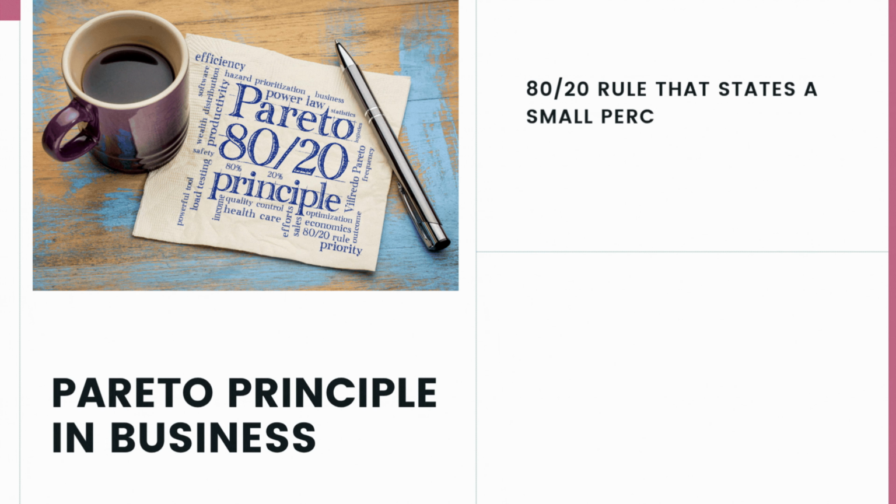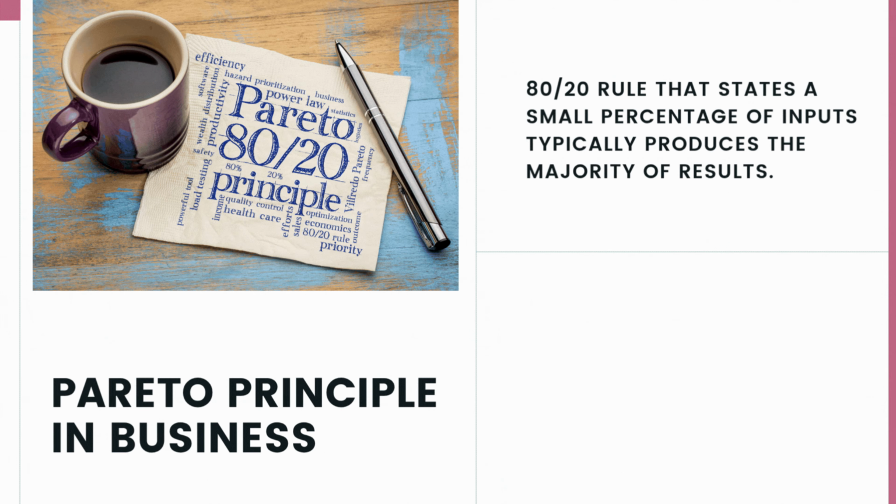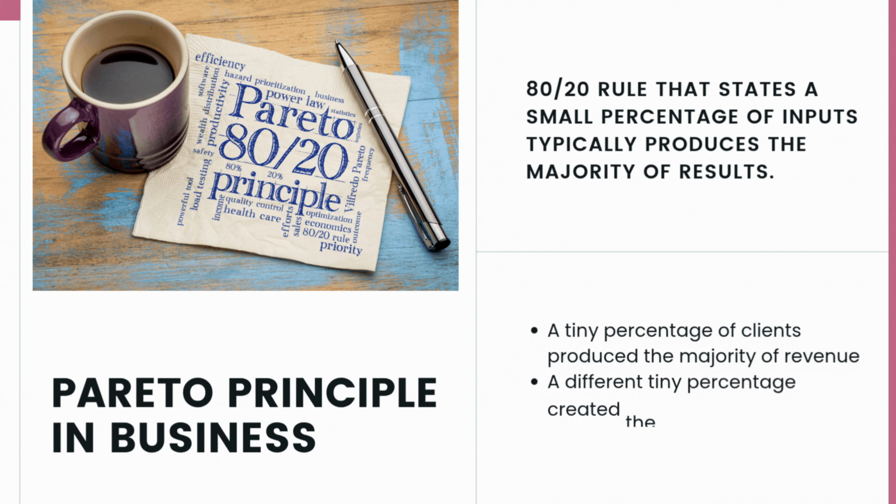So if you're not familiar with the 80-20 rule or Pareto's Principle, in a nutshell, this is simply a rule that states a small percentage of inputs typically produce the majority of results. So statistically, what this means is that 20% of the inputs or the efforts that you're putting into your business are going to generate 80% of the results. So if you look at this from a client perspective or a revenue perspective and you apply this principle, basically what it's saying is that if you apply this to the clientele that you have in your business and your revenue, you will most likely notice that statistically 20% of your clients are generating 80% of the revenue that you gain